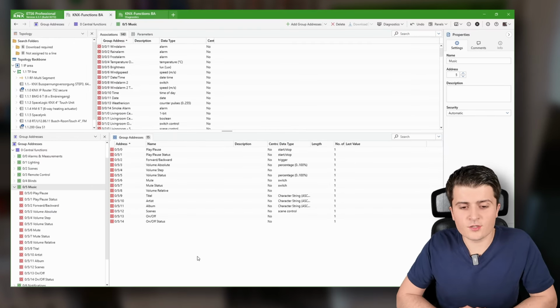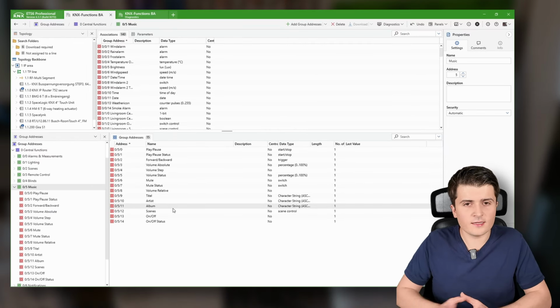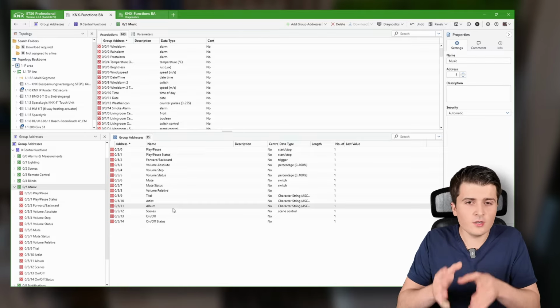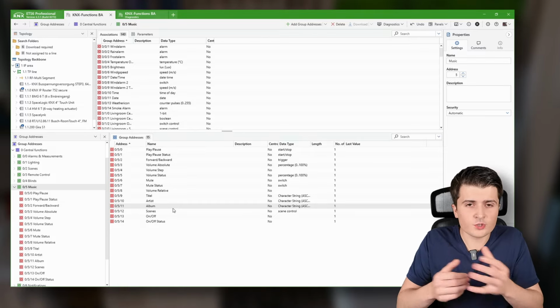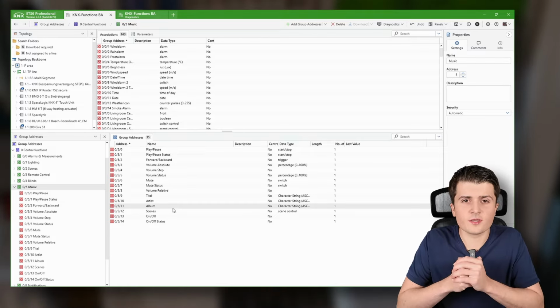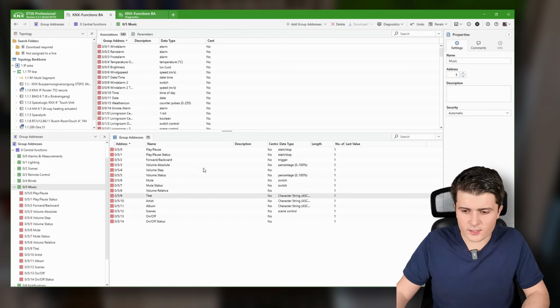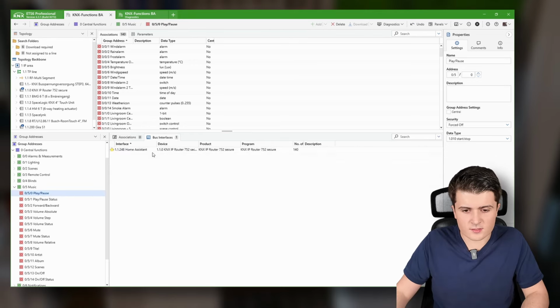And if we head over into the ETS, I have already created the necessary group addresses. Until now, not connected to any push button sensor or display. This is something we will do in a minute, but I've already hooked it up to my Home Assistant bus